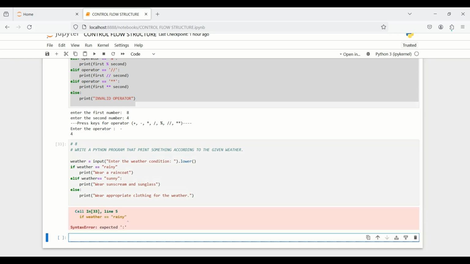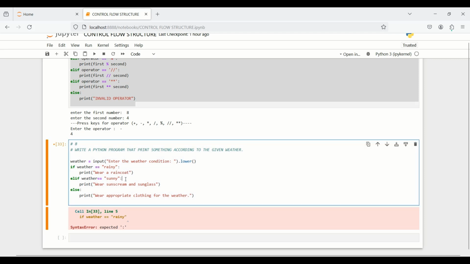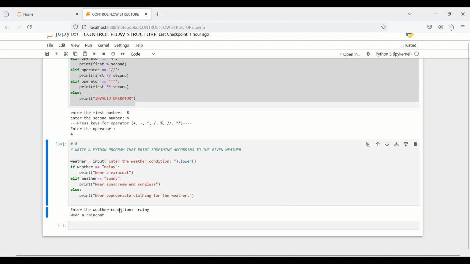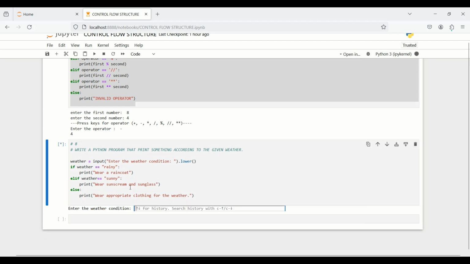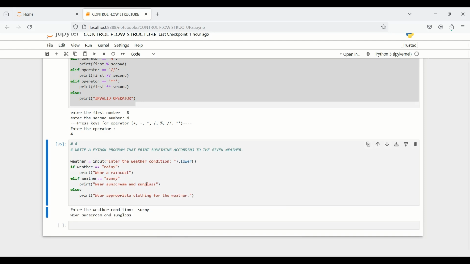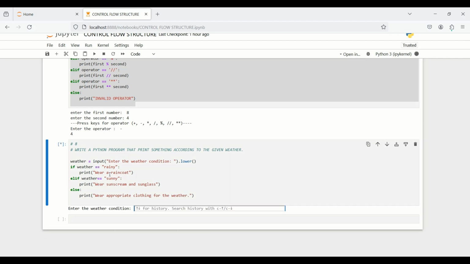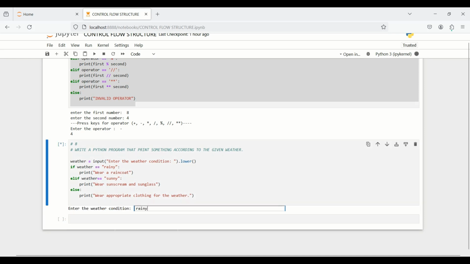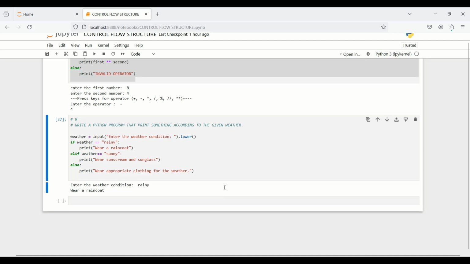Okay, so now execute our code. So error. So here don't forget to type the colon sign. So type here, we want to type rainy. So the if block will execute. If we type sunny, so the elif block will execute, and if we type anything else, then the else block will execute. Okay, so here, okay,